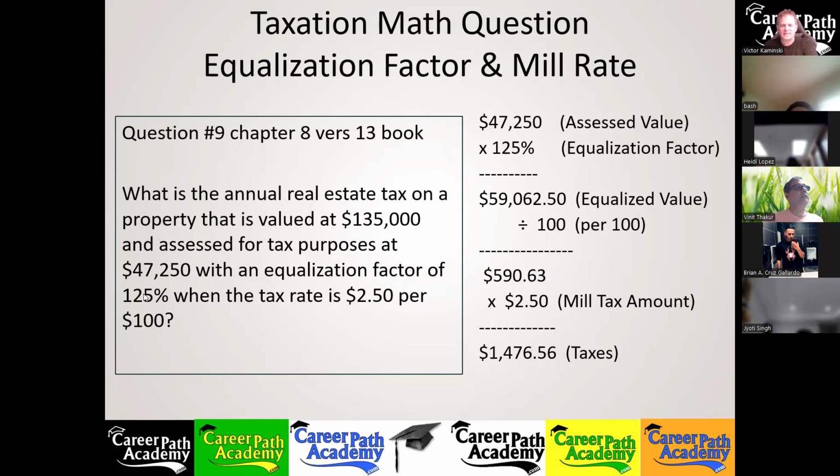Make sure you hit that percent symbol, 125%, or just convert it to a whole number. You just cross out the percent symbol and go 2 decimal points to the left. So it'd be, and you put a point here, 1.25. That's how you convert a percentage to a whole number. And then you could do the multiplication as a whole number times 1.25. Or don't forget, if you're just going to type in 125, make sure you hit the percent button on your calculators. Otherwise, you're going to get a much larger number.